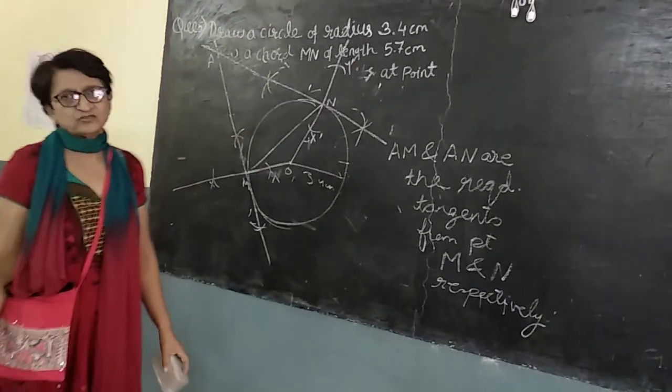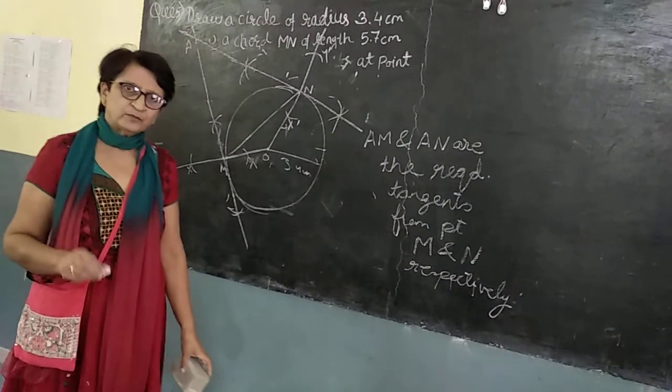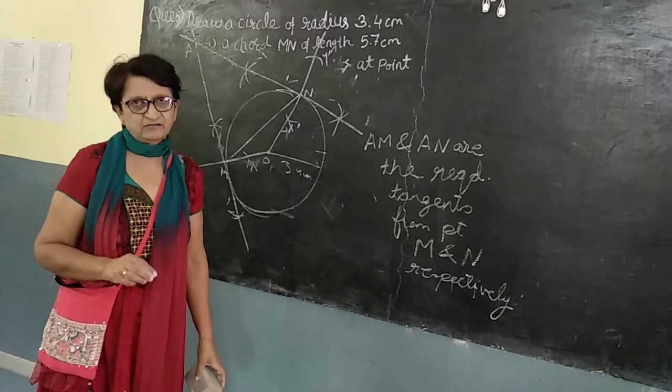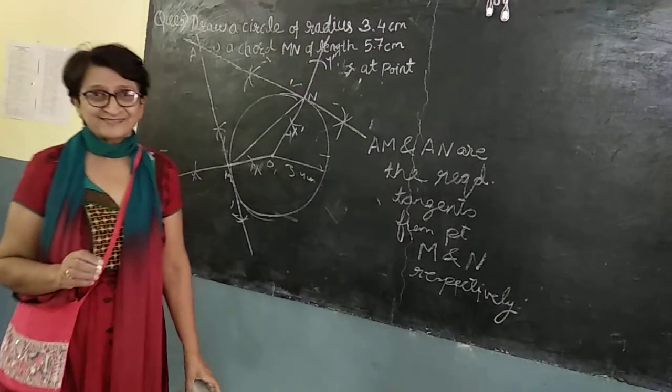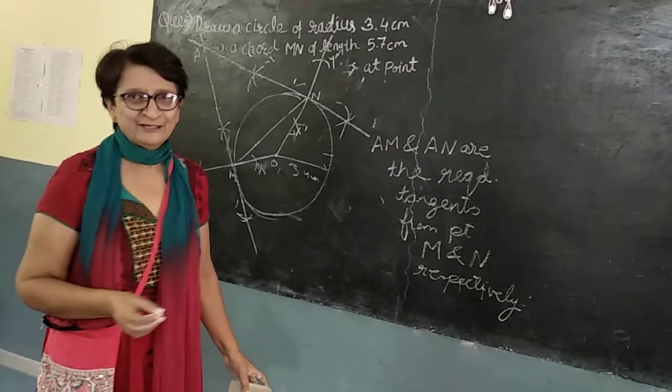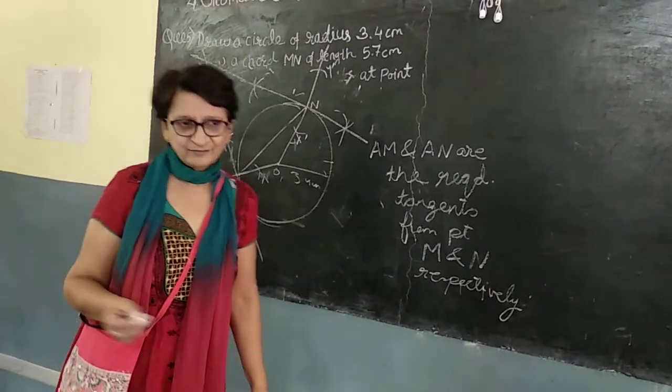Now you can solve exercise 4.2 completely. If you have any problem, please do call me. If you have not called me and the day I take your test, then it should be very clear that you know all the sums. Write the steps also properly.